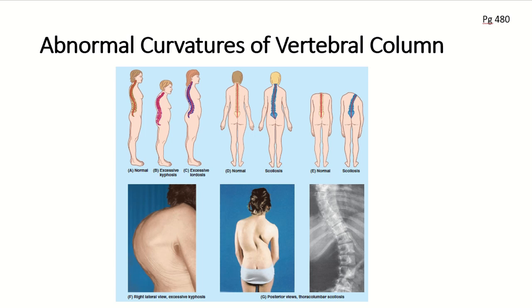And so to detect an abnormal curvature of the vertebral column, what you should do is have the individual stand in the anatomical position and then inspect the profile of the vertebral column from the person's side and then from the posterior aspect. And then if you have the person bend over, observe the ability to flex directly forward and whether the back is level once the flexed position is assumed.